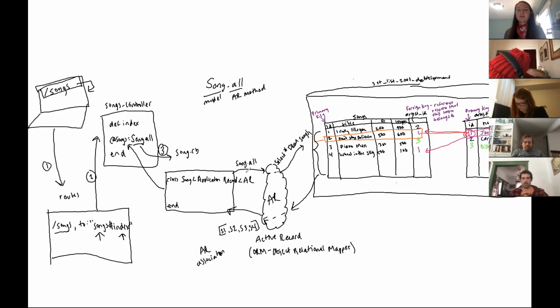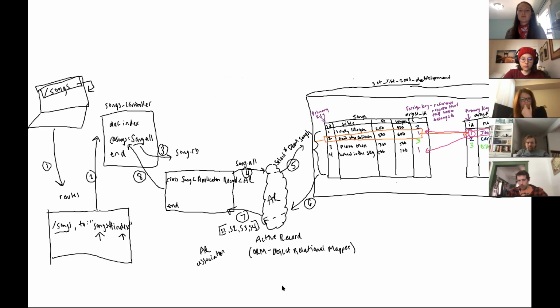Go ahead and number these a little bit more. 4, 5, 6, 7, 8. And then now that we have all of our data here, our view is going to get rendered, and this @songs variable is going to be able to get used in our view. So now that we've stored all of our song objects into this @songs variable, that goes ahead and gets sent off, number